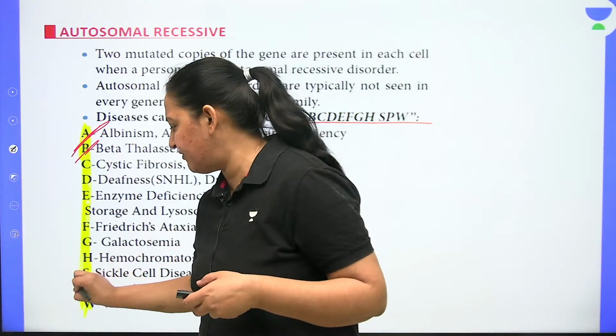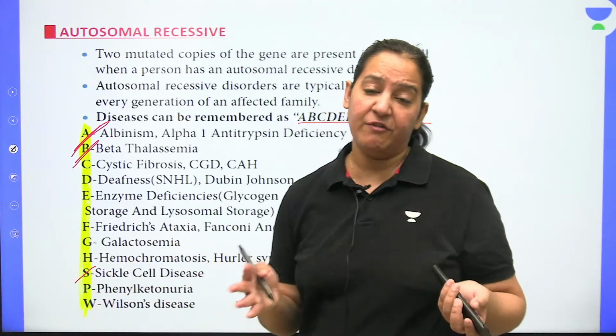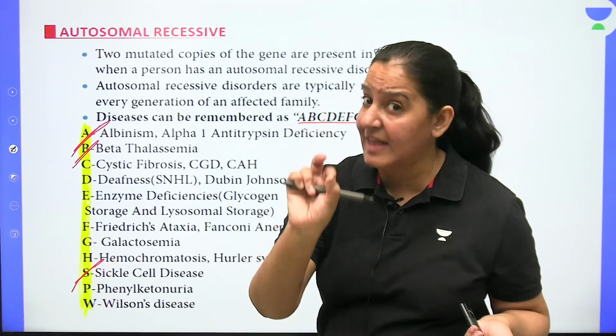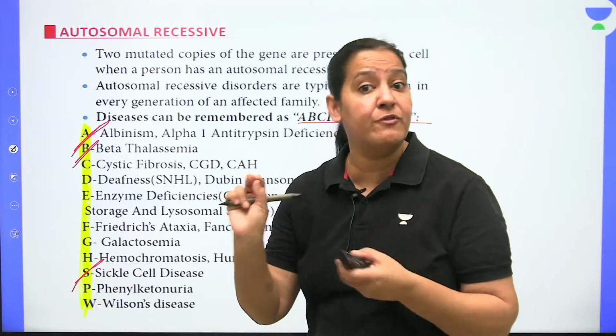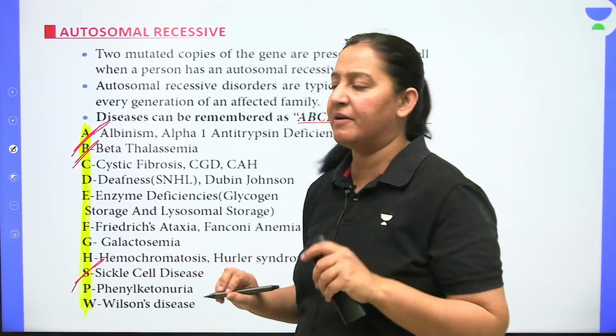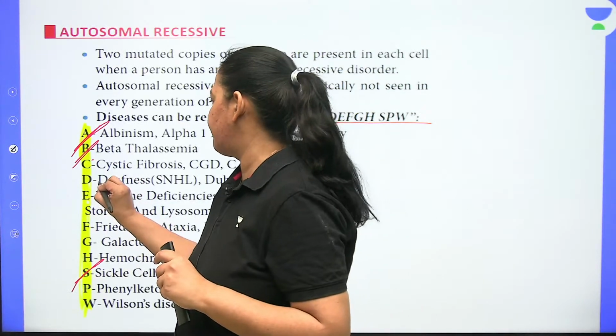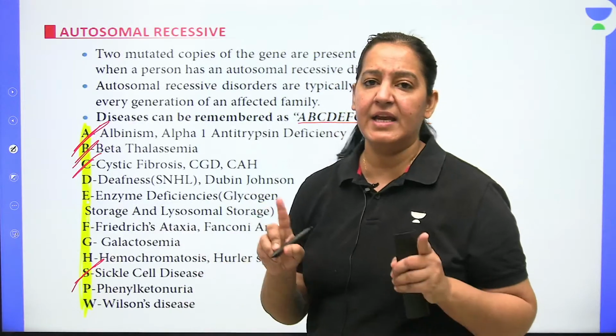And here S stands for sickle cell anemia. It is also a type of hemolytic anemia. So out of many types of hemolytic anemia, 2 are coming here. Beta thalassemia and sickle cell anemia both have autosomal recessive traits. You have to learn it. C stands for cystic fibrosis. Again, it is a previous year question. C for cystic fibrosis. D for deafness, that is sensory neural